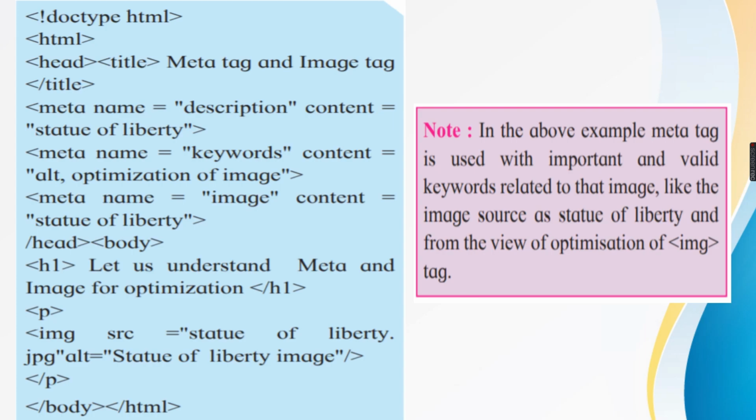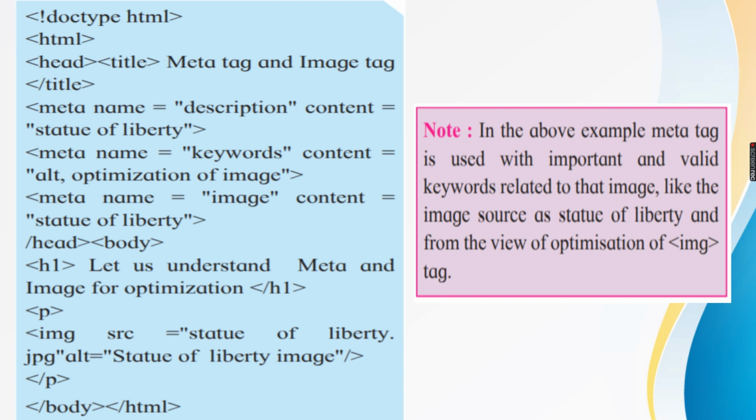Now this example tells us about the use of the meta tag. See how well it is used. See, after the title tag, and we know the meta tag is also included inside the header section of the web page. So after the meta tag, there is closure of head and then body opens. But observe how the meta tag is given in detail. Name, description, and to describe what is given in the name, you can use the content attribute. So content can act as a more detailed description of whatever you are putting as value in the name.